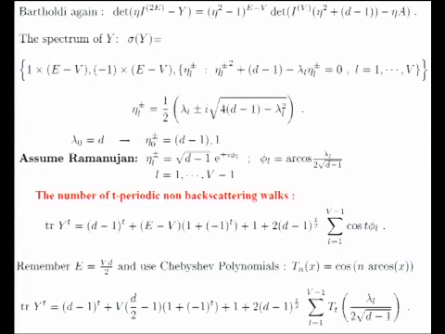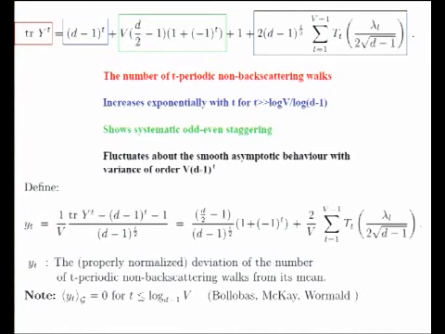Remembering that the Chebyshev polynomials of the first kind are defined in this particular way, T_n of x is cosine of n arccosine x, I can write the trace of Y^t equal to all this, plus a sum over the spectrum of A, in which the argument is the spectral eigenvalue divided by 2d square root of d minus 1. So I just copy it once again, and what we see here is that the number of t-periodic non-backscattering walks